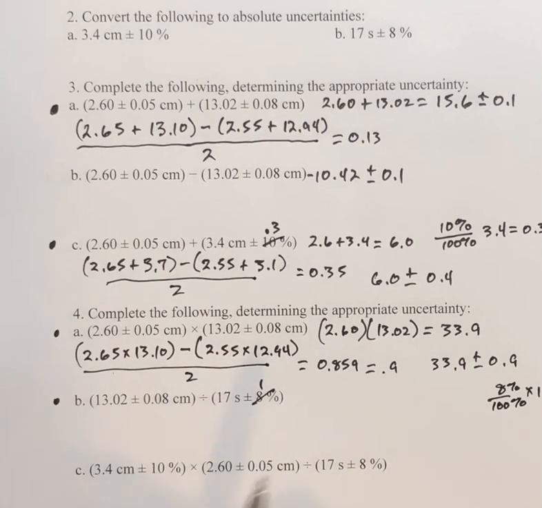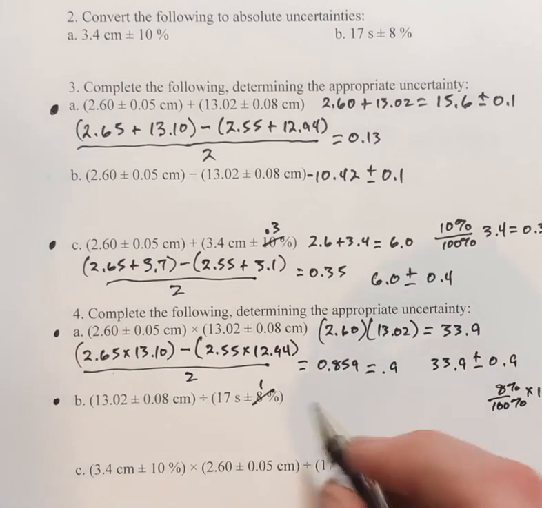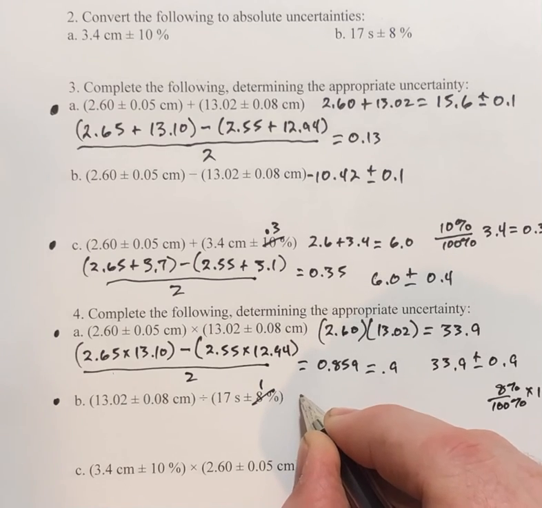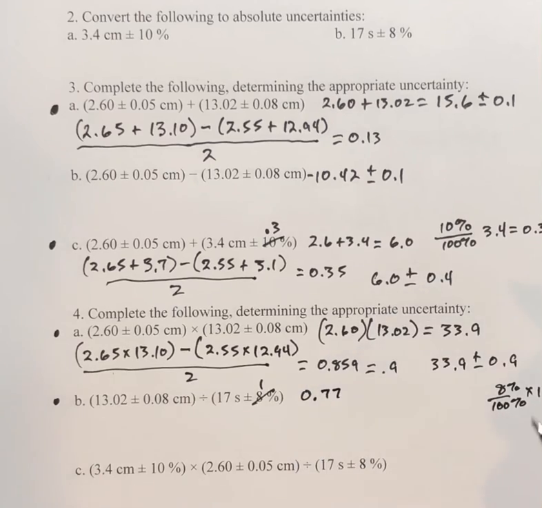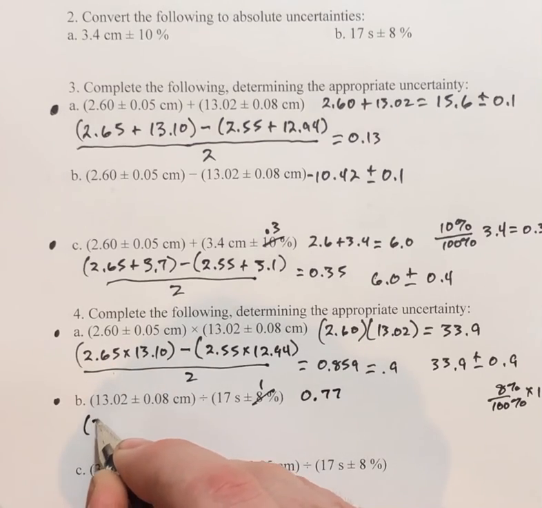So here we go. I'm going to take, first of all, 13.02, and I'm going to divide that by 17, okay? And that gives me a number of 0.77, okay? So this number times this number is 0.765 or 0.77. So that's the number we're going to get when we divide that. And then I'm going to go and I'm going to say I'm going to take